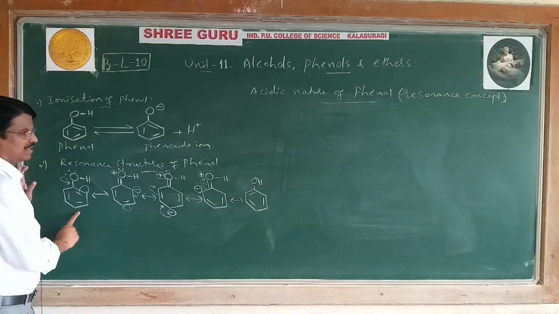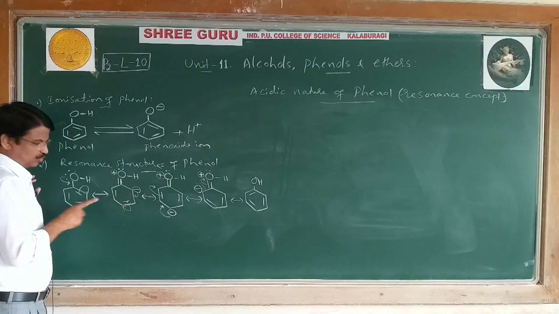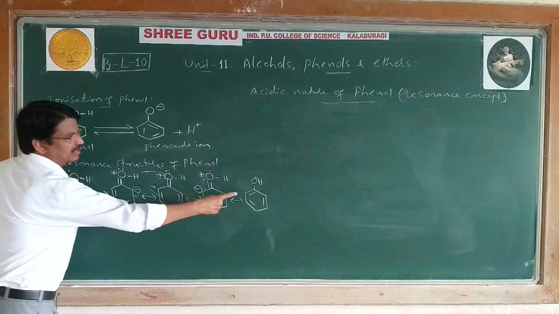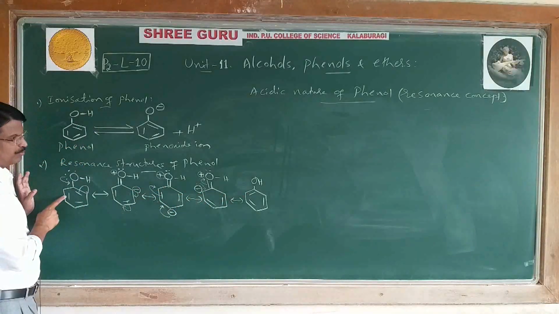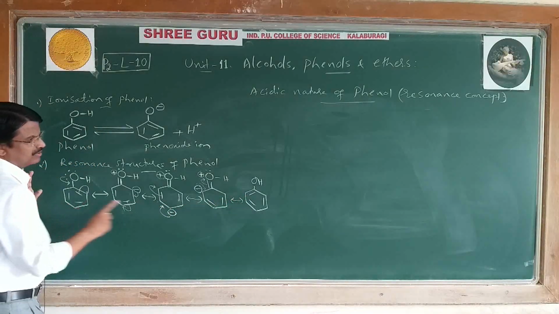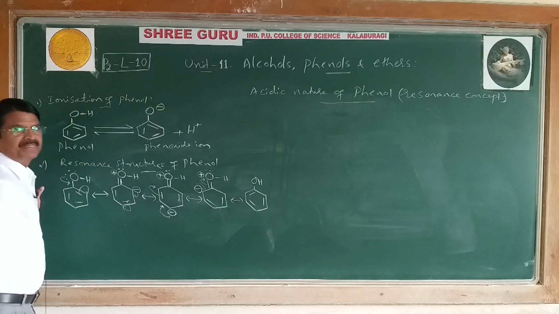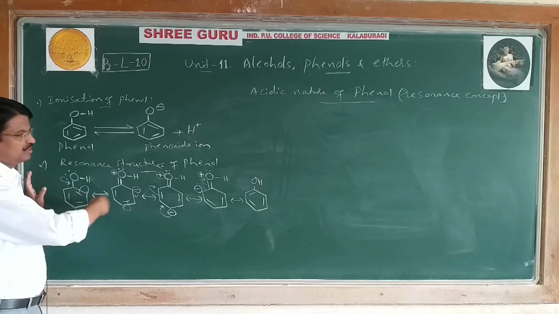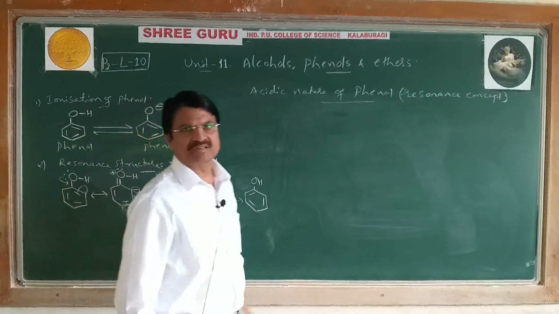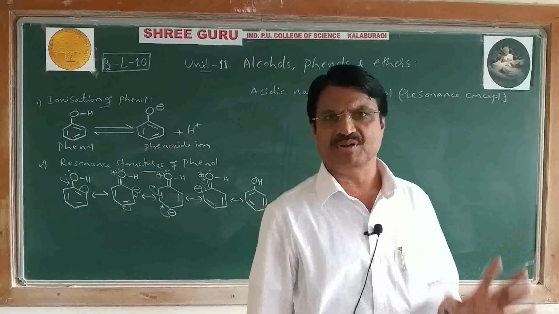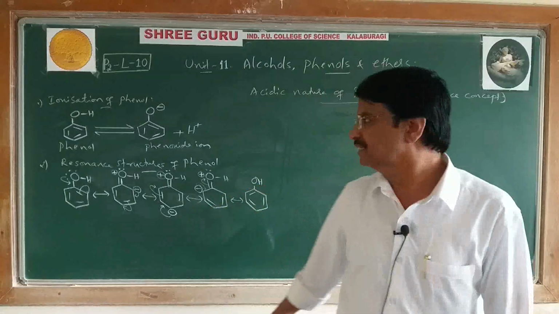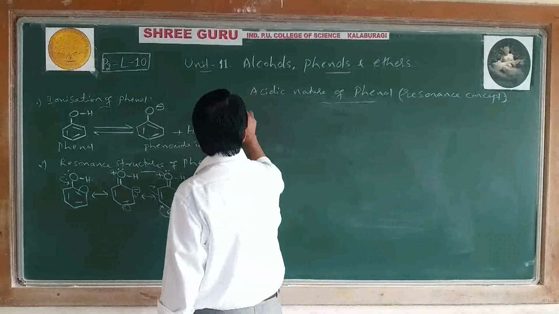Just observe the first and last structures in the series. Only they differ by the position of the double bond. Here no double bond, but here a double bond; here a double bond and here a single bond. Hence they differ by the position of the double bond. Hence these are all said to be canonical forms or resonating structures of phenol. Okay. Next, third,